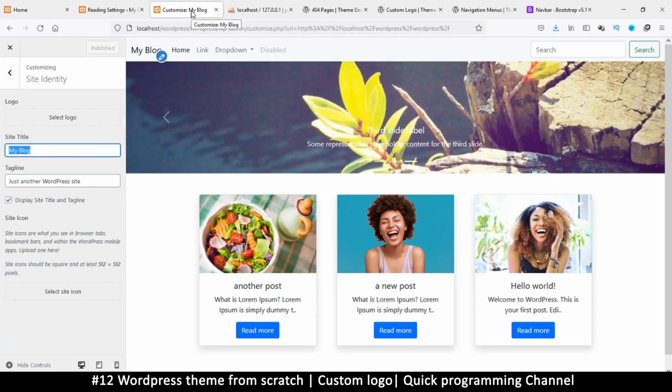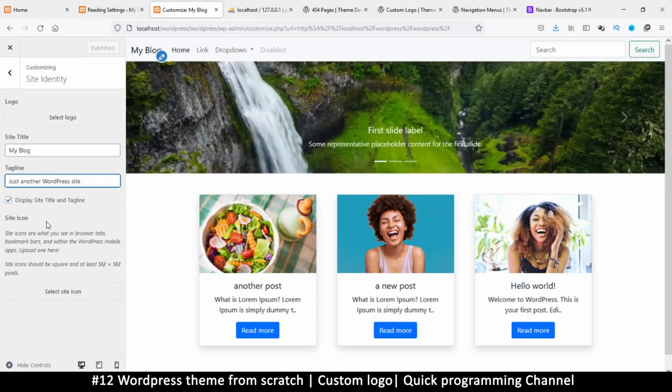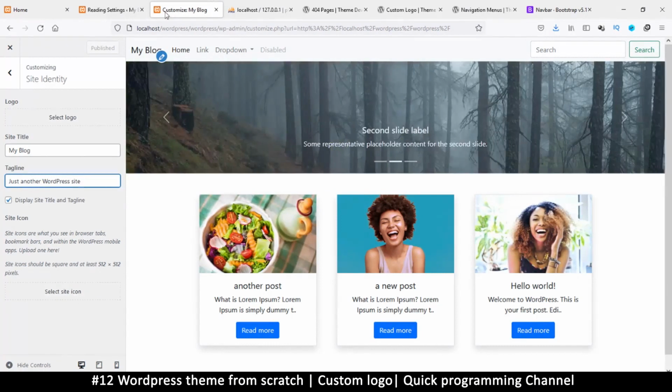which will change the description here. Wait a minute. Okay. And then I wonder if we're actually using our description. I'll check later. But then there's a site logo, and then there's the site icon. Now the site icon is the icon we see here at the top. So currently what we are seeing is the